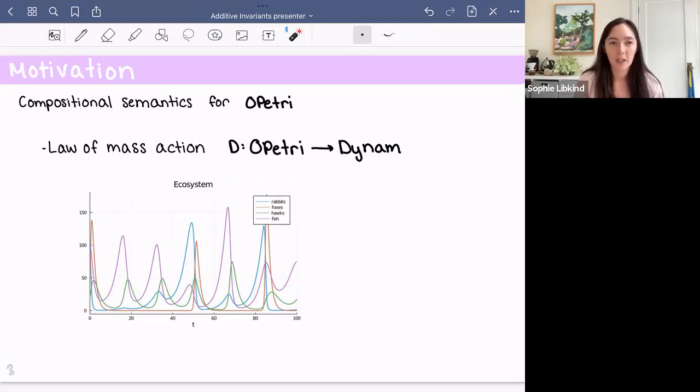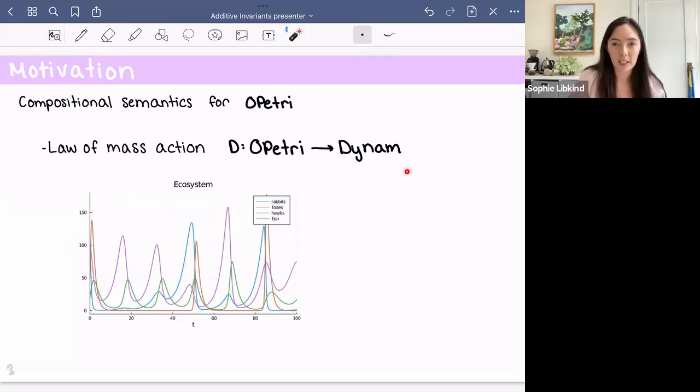And once we have that structure, we want something like a compositional semantics. So the idea is a way of interpreting these open Petri nets that agrees with the composition. So if I analyze 2 Petri nets and then glue the analyses together, that should be the same as analyzing just the whole system on its own. So a compositional semantics for open Petri nets is just going to be a symmetric monoidal functor out of open Petri. And the classic example is this law of mass action, which takes an open Petri net and maps it